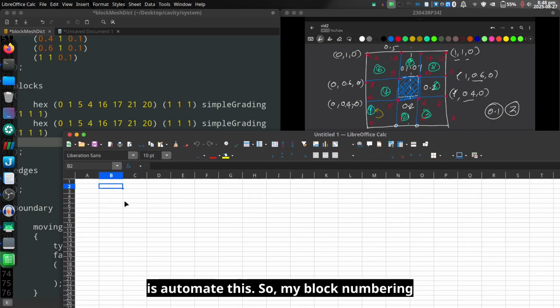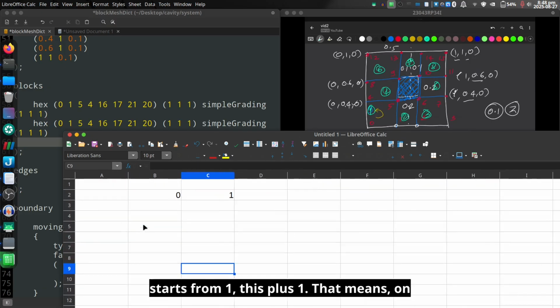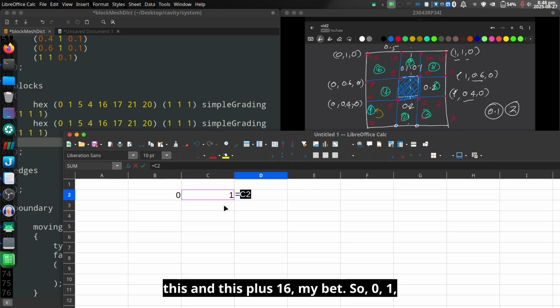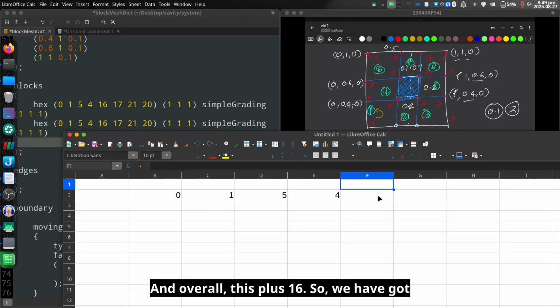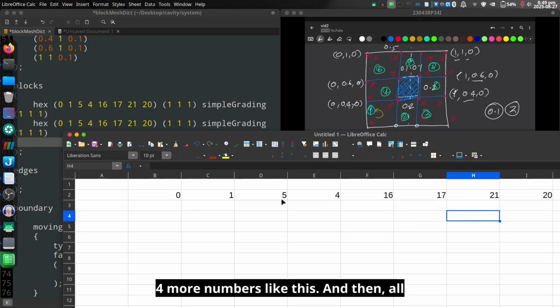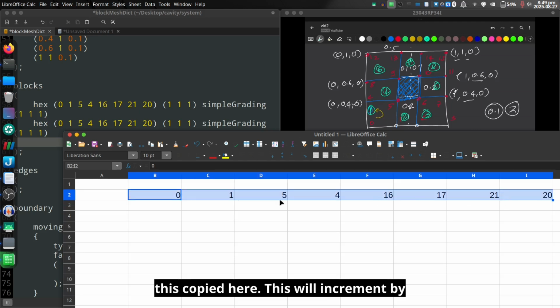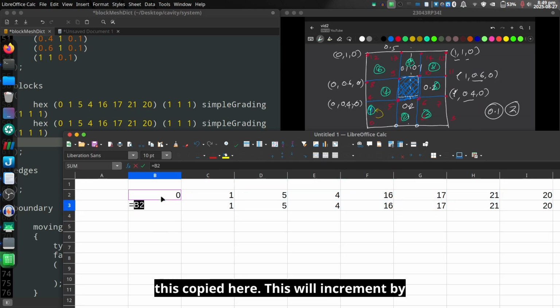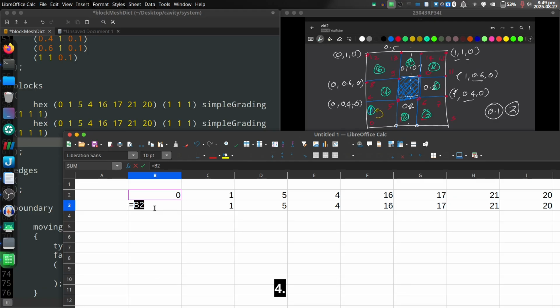So my block numbering starts from 1, this plus 1, let me zoom this, and this plus 16, my bad, so 0, 1, I got 4, so this plus 4, and this plus 4, and overall this plus 16. So got 4 more numbers like this, and then all this copied here. This will increment by 4,